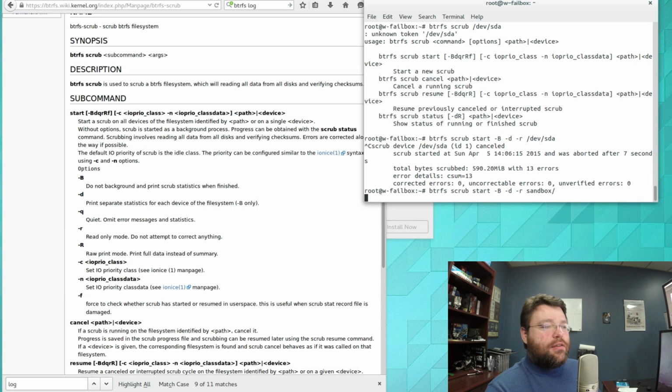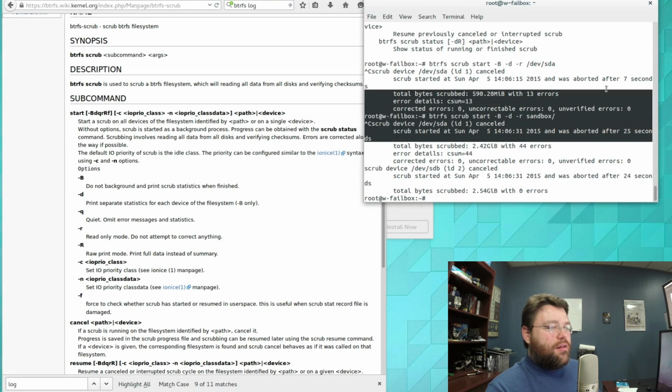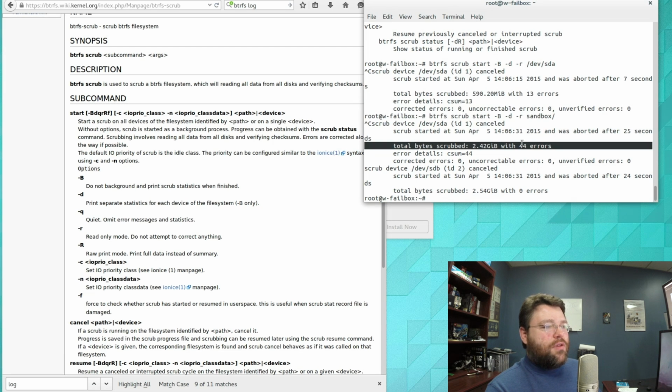It's also interesting that I specified to run it against /dev/sda, and that ran just fine. But the second time around, I'm going to have it actually run against sandbox, which is our mount point. And so that worked perfectly fine as well. It encountered 44 errors, but again, because of the -r option, it didn't actually correct them. So let's run this again without the -r